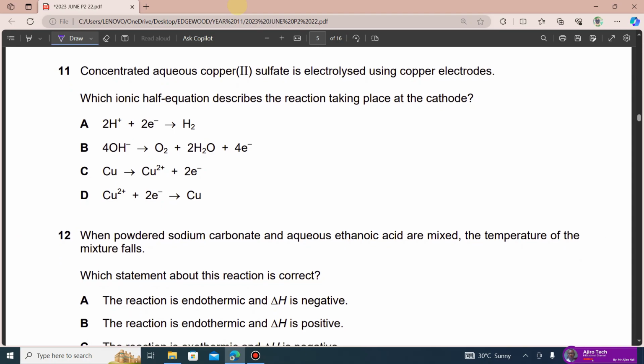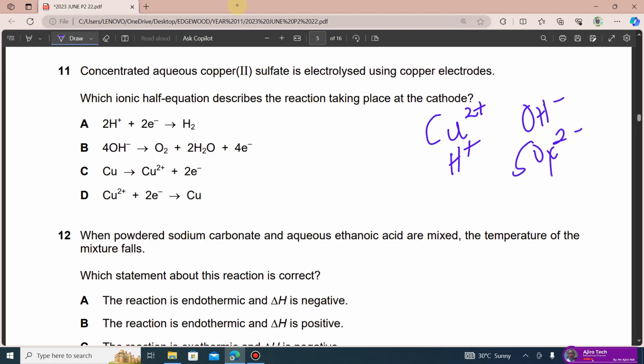Okay, so we go to question 11. Concentrated aqueous copper 2 sulfate is electrolyzed using copper electrodes. Which ionic half equation describes the reaction taking place at the cathode? Just like we mentioned earlier in the previous question, if you're looking at concentrated aqueous copper 2 sulfate, we're looking at copper 2 plus and hydrogen ion as the cations, and we're looking at OH minus and the SO4 2 minus